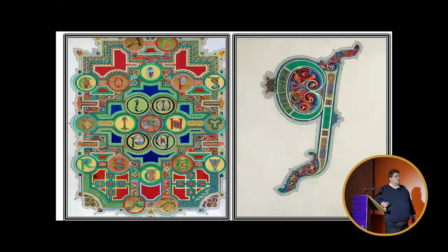Now, you have all your different patterns in here. I'm sure Michael Carroll will be well able to tell us all about the key patterns there. And here we have the alphabet. Now, I'm not quite sure it's the Irish alphabet. I have an idea it's the Latin alphabet, or I haven't really gone into much in this, but you have